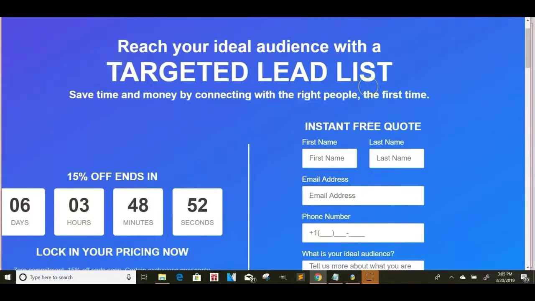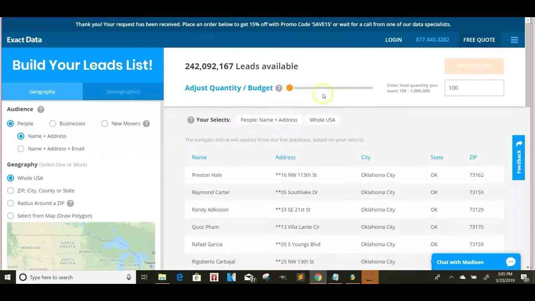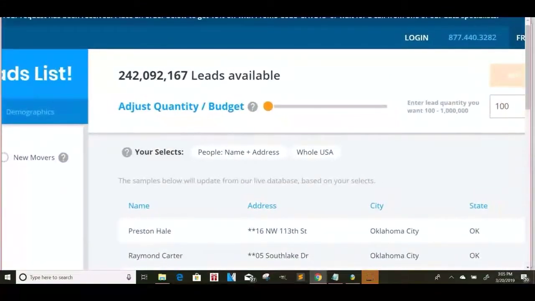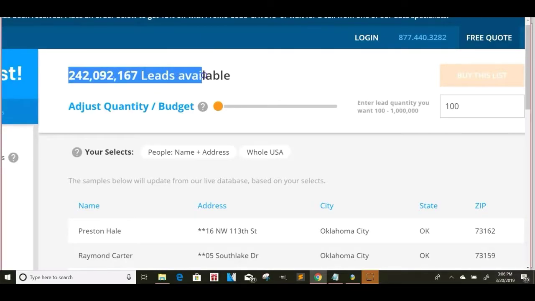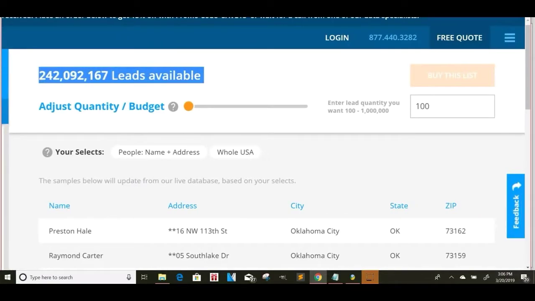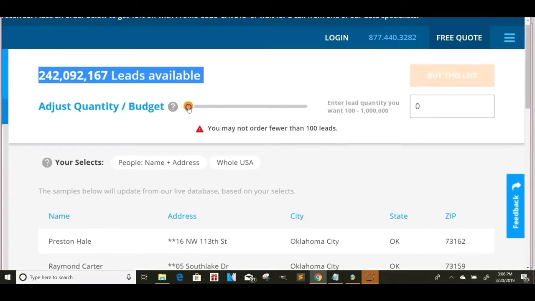But just to give you an example, for this website here, once you fill out this form, it'll send you to a page like this. For example, this is how many leads they say they generated from the information that I put in, that's available to me. Okay, so if I go in here and put how many leads I need for my business, let's say I put just around